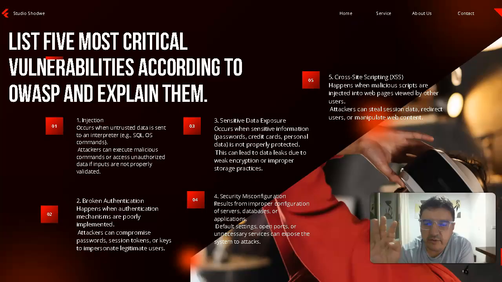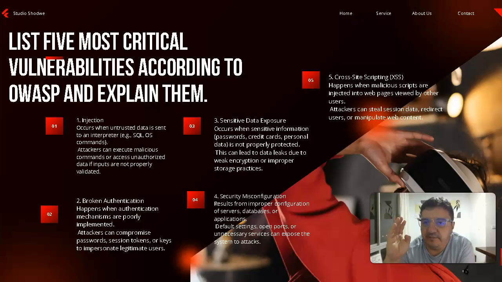Fourth, security misconfiguration results from improper configuration of servers, databases, or applications. Default settings, open ports, or unnecessary services can expose the system to attacks. And finally,